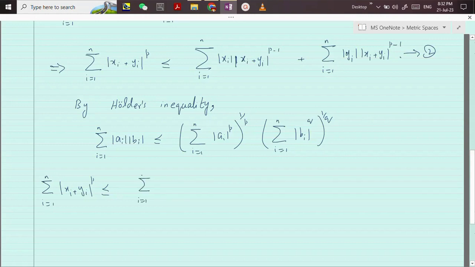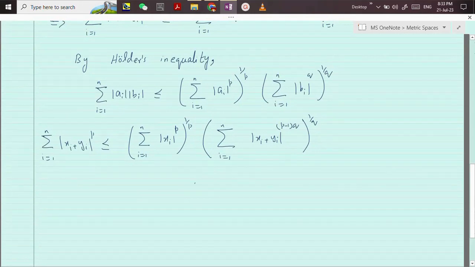summation i from 1 to n mod of xi whole power p, and the power of summation is 1 by p, into summation i from 1 to n mod of xi plus yi whole power p minus 1 into q, whole power 1 by q, plus,